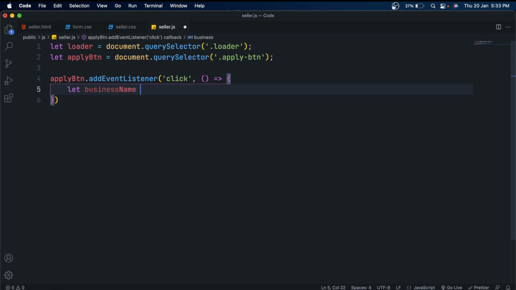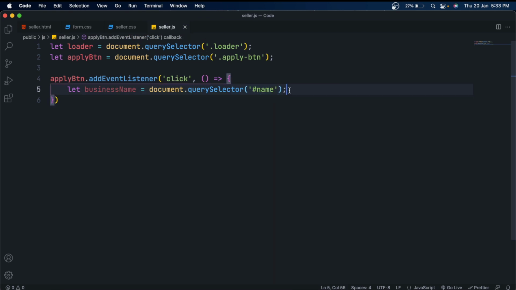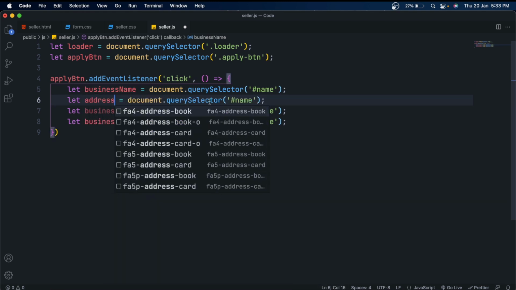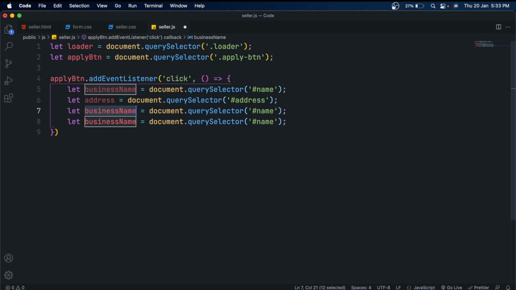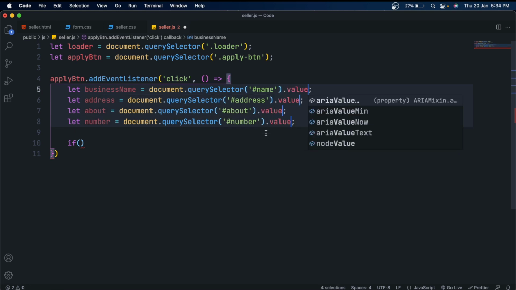Now inside here, first select all the inputs and text area using document.querySelector as we did the same for the signup and login page. So select it using the IDs, select all the inputs. Or actually we need the inputs' value, so add .value after querySelector, so it will give the inputs' value,